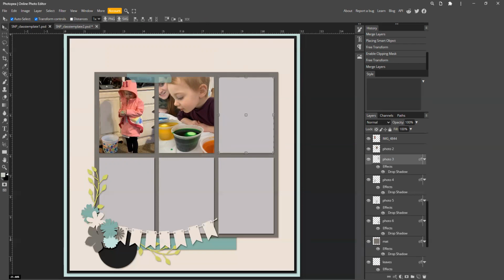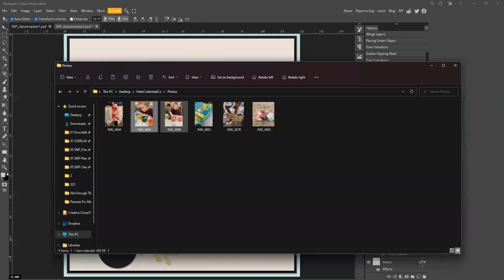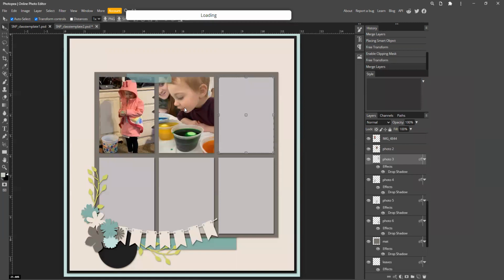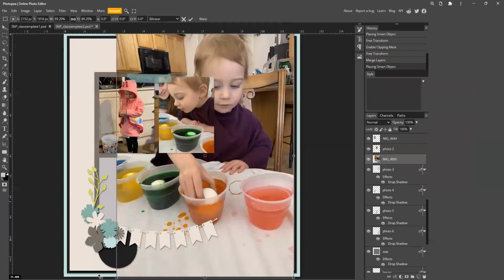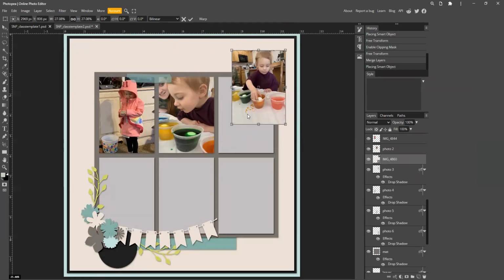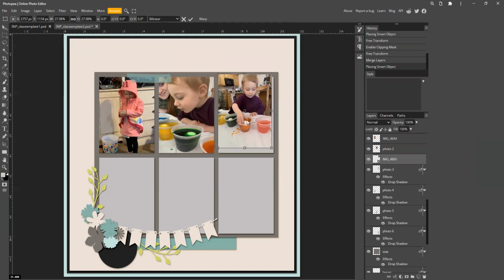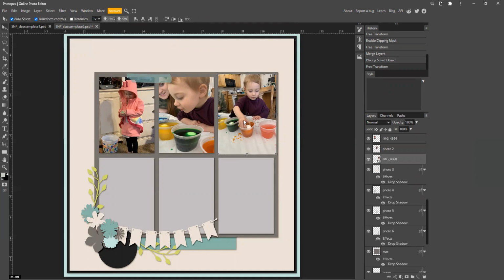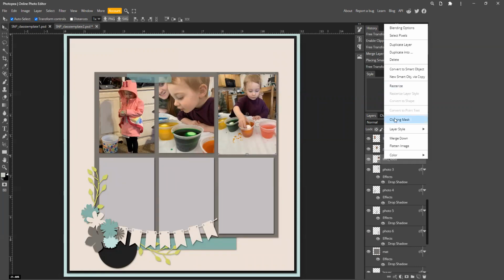Click on my next picture spot. Drag that in. Hold my shift key down as I resize. You just want to make sure that the picture you're putting above it covers up that layer below. You can always go bigger, but you want to make sure that it at least covers that pattern. Hit enter to okay my adjustments. And then I'm going to right click over here, click on clipping mask,